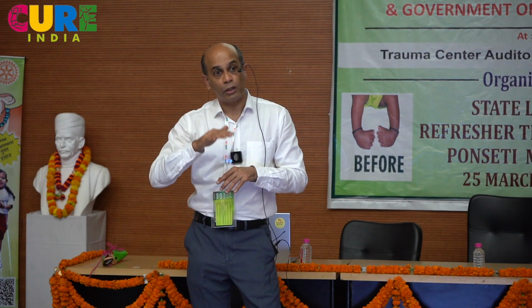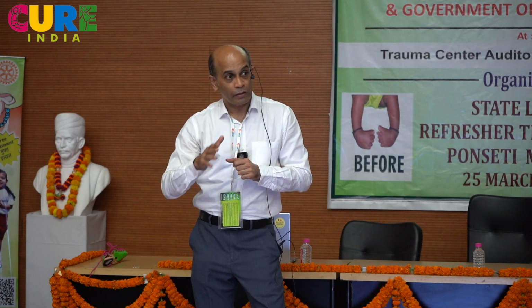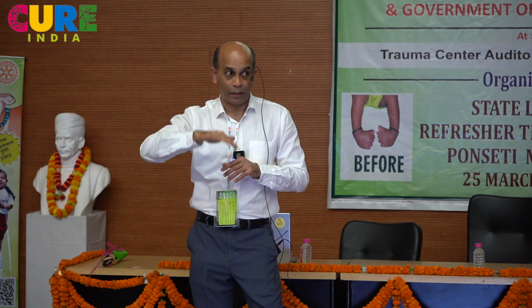Okay? So if you're crossing more than 8 or 10 plasters in a young child, now remember I'm talking of a child less than 1. As you talk of an older child, then obviously you need more and more plasters because the foot is more and more stiff and more rigid. But in a child who's less than 1, the counselors, I don't know whether Santosh is still doing that, have been told to red flag any child whose casts go more than 8. So if you cross more than 8 plasters, the counselor is supposed to red flag it and take it to the next level of seniors and say that the number of casts is going above 8, something is going wrong.